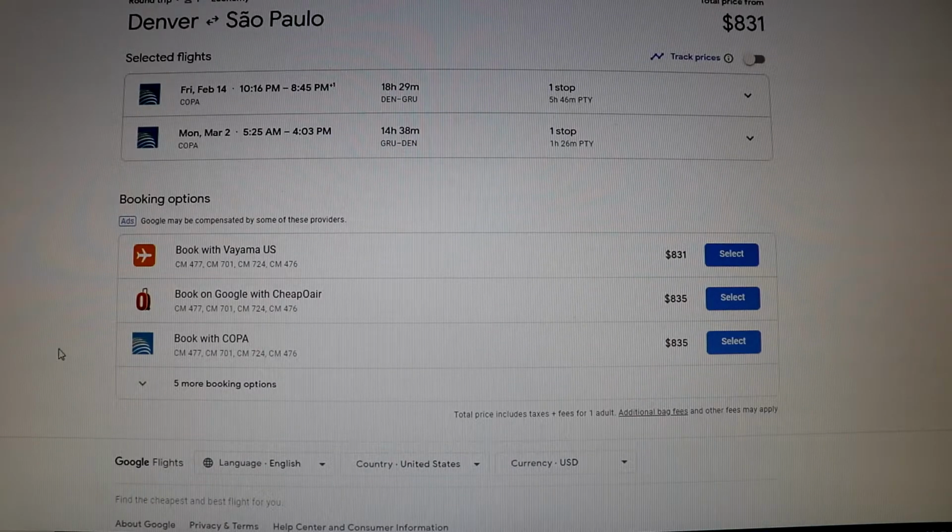Overall, it was just a complete disaster, and so since then, if I can help it, I try and book directly with the airline instead of going through another company. So if I were to click on select over here, it would take me directly to their website with this specific flight picked out and for this price, and then I can go ahead and just book directly through their